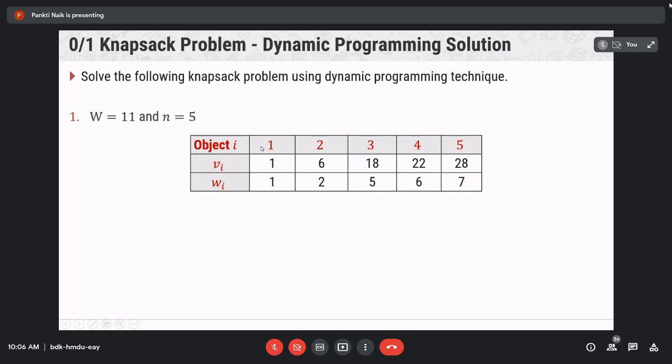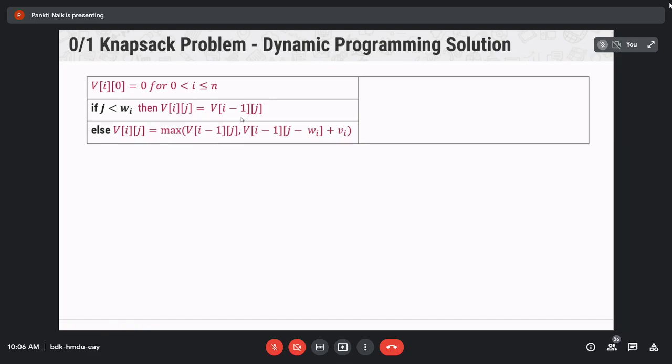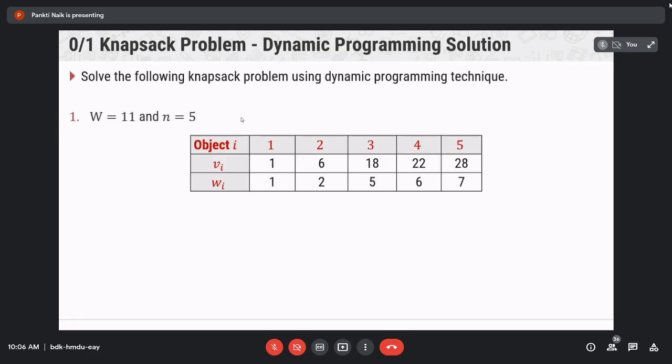So this is the knapsack problem which we want to solve with the use of dynamic programming, and find the solution such that we can find the most valuable subset of the items that fit into the knapsack. So let us solve this example. We have these 3 steps to generate the knapsack table. All of you first write down this problem in your notebook: W is equal to 11, n is equal to 5. Then draw this table. This is your problem, and now we solve this problem with the use of the dynamic programming technique.